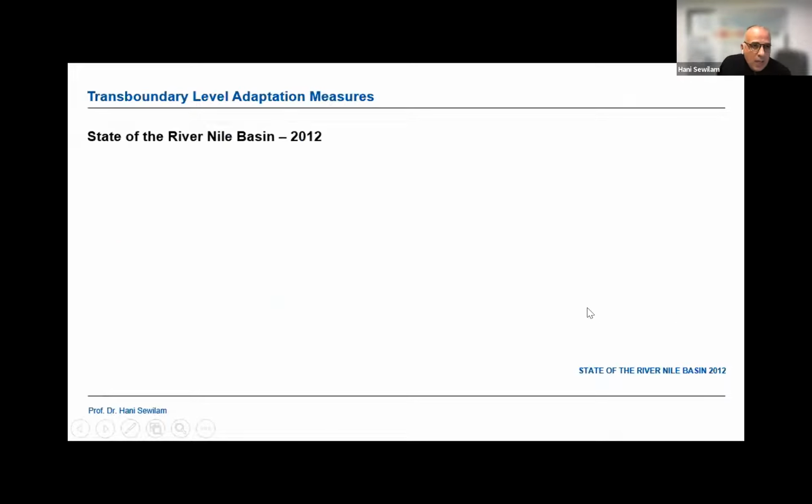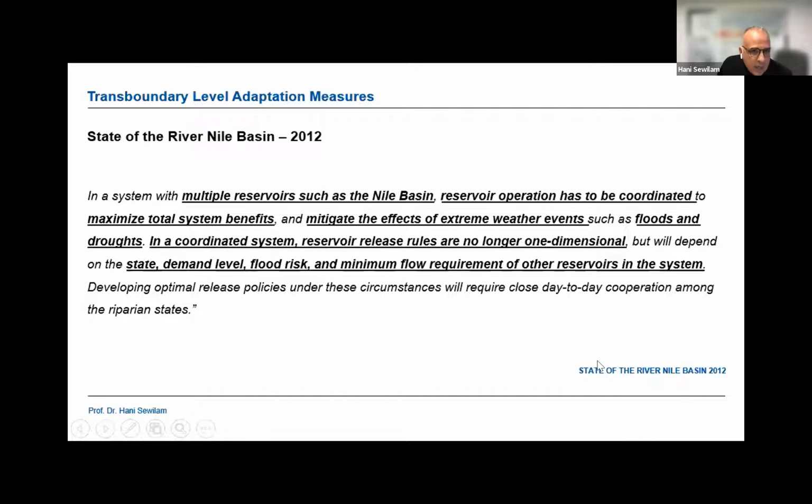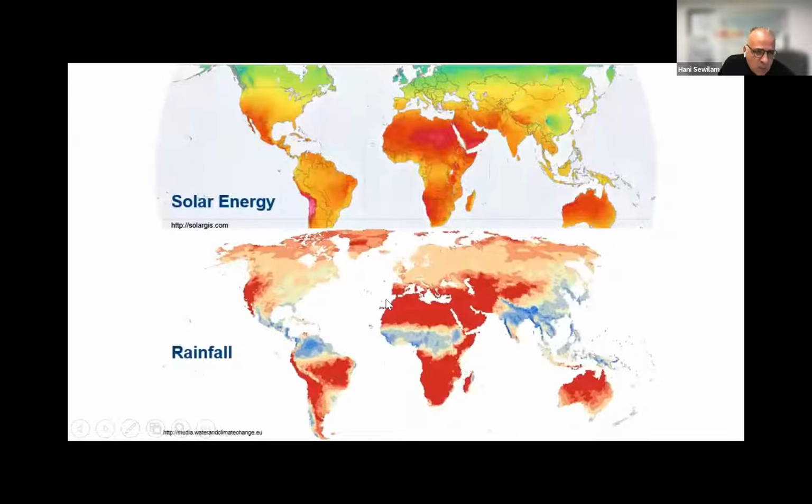So there is no way except following what was written here in the NBI report, multi-reservoir operation. So these reservoirs must be coordinated and operated together. And this is the engineering solution that's known everywhere when you have a multi-reservoir system, in order to mitigate the extremes. And this one-dimensional operation is not an option anymore. So unilateralism has no chance to be an option in the future, especially with climate change. And honestly,